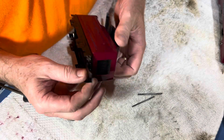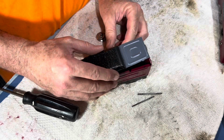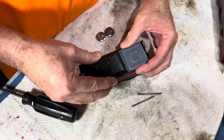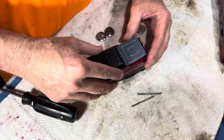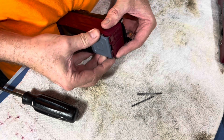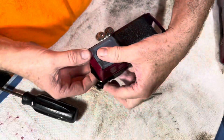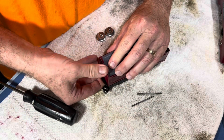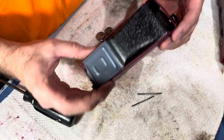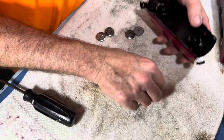Okay, so that part's in. And that's in, and then these last 2 just get bent over forward like that. Okay, so there, our tender's put together. We just got to put our wheels on,